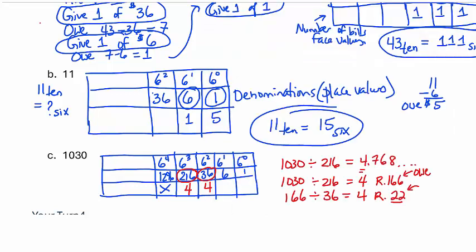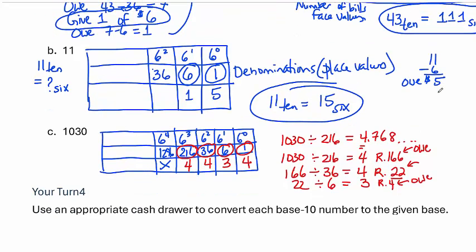We're going to still owe $22, so we're going to have to move on to the next smaller bill. So we're going to need to say, okay, well, how many $6 bills do I need to give to get up to 22? In other words, what's 22 divided by 6? So that's going to be 3 with a remainder of 4. So we're going to give 3 $6 bills, and we're still going to owe $4, but look, that's exactly how many single dollar bills we're going to need to get the total. Okay, so it turns out that 1030 in base 10 is the same as